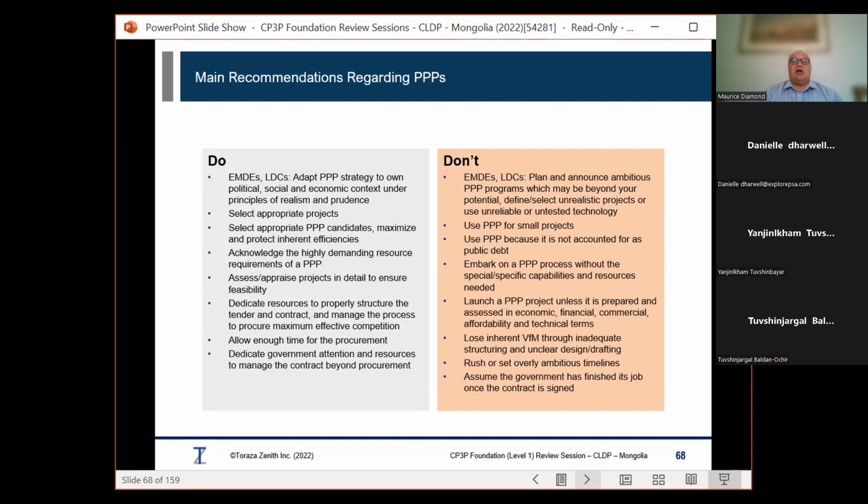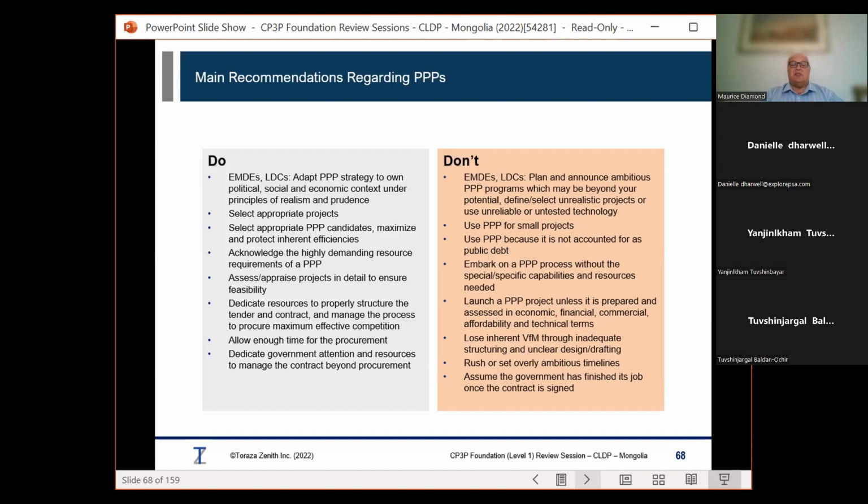Now think about it. How long will it take you to write your first output-based specification for a road contract or for a school? Once you've written one, it becomes easier. But how easy is it the first time? What about a performance mechanism? Remember, the contractor will only be paid if they deliver according to the performance, if it's a government-based PPP. So who is defining that performance mechanism? Who's going to check that it works? All of these things need experience. They need to be part of a proper process of delivery. It doesn't take 5 minutes to do it.